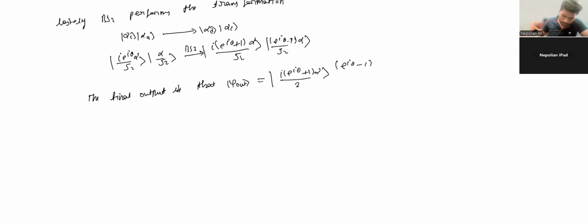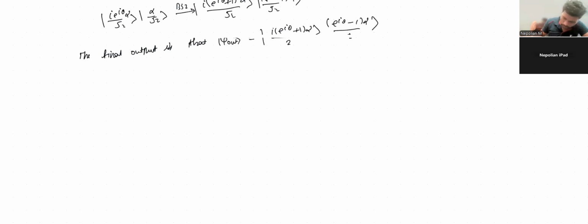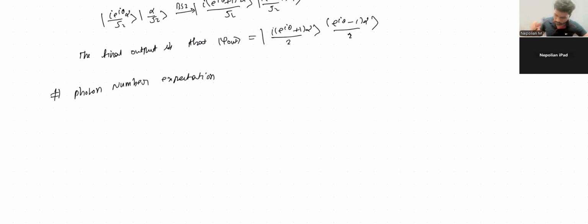Now we are calculating the photon number expectation at each output. Here we know that the mean photon number is denoted n. For output node C, the expectation value is the expectation of C dagger C in the state psi out. After solving this one, we get